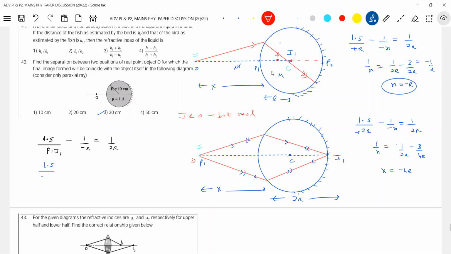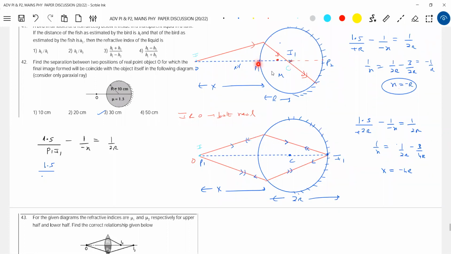No. Here this x is minus r, no? Yes, sir. For the first case the object will come at C. X equal to minus r, the object will come here. Okay, there is no problem here. No, I'll measure this x from here, no? From P1, no? The measurement is done from P1.